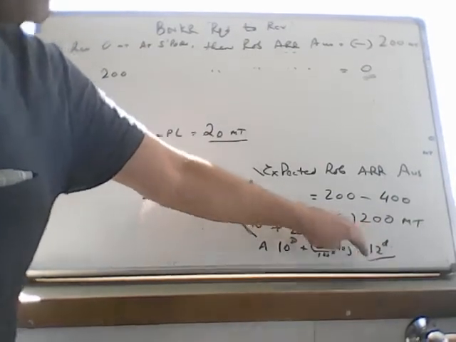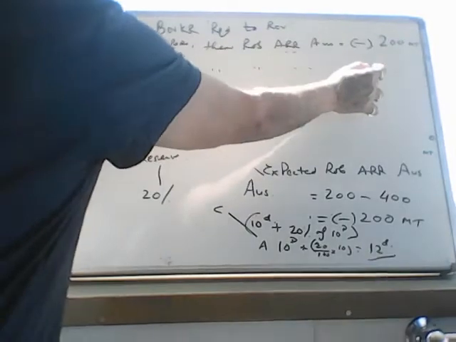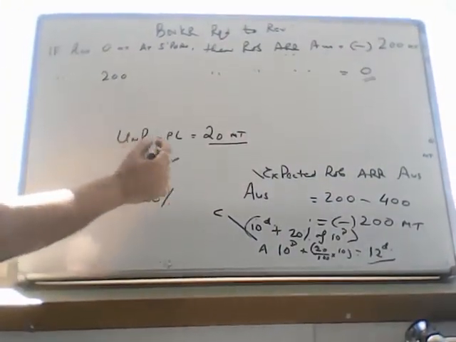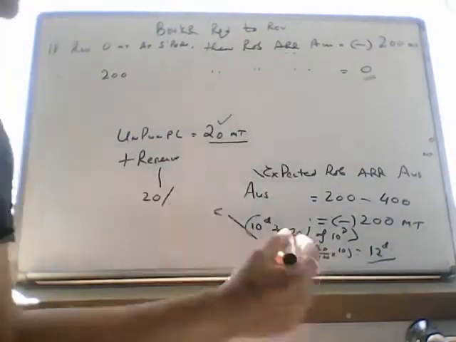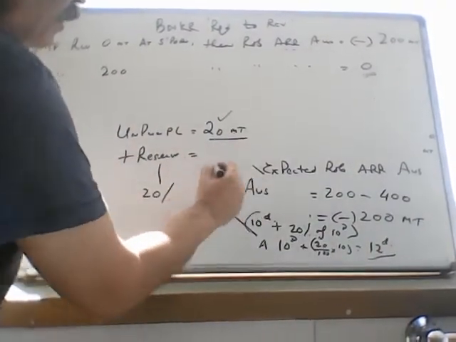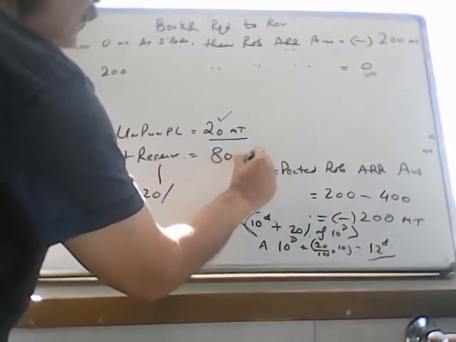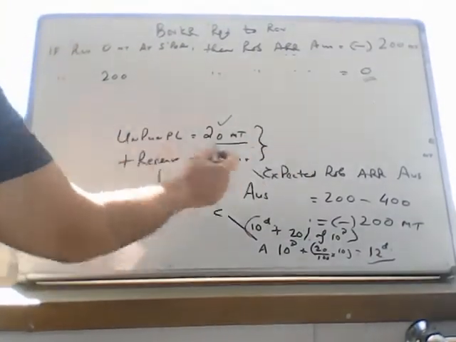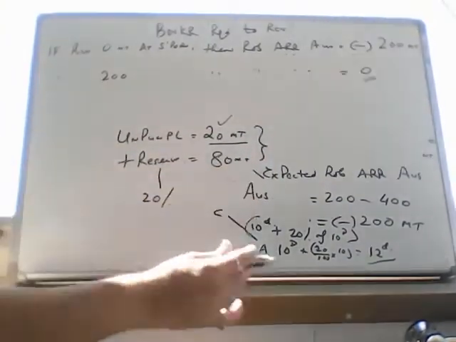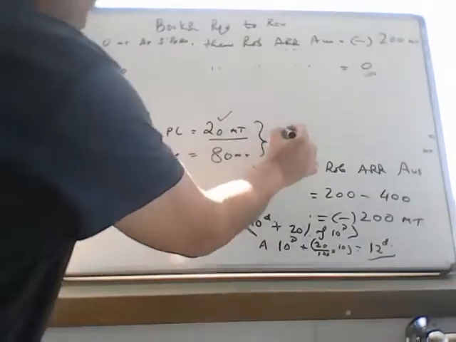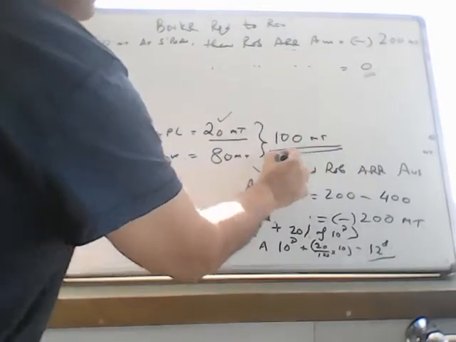You must take fuel for 12 days at Singapore, and then you will be arriving Australia not with zero. So ideally you will be having unpumpable plus 2 days extra. 40 tons per day. So reserve will be 2 days, 40 tons per day, 80 tons. So you should be arriving Australia with 20 tons unpumpable plus 80 tons reserve in case you do not have any rough sea. You should ideally arrive Australia with 100 tons ROB.